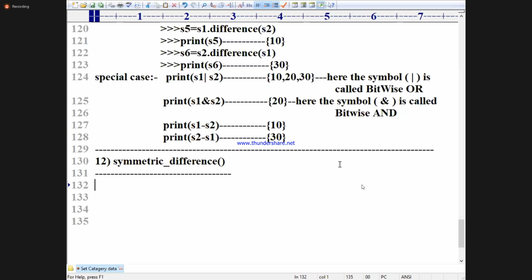Sir, we can apply the union operation also, no sir? Then what is the difference? Both of them are the same. The union operation can put the result set into some place.